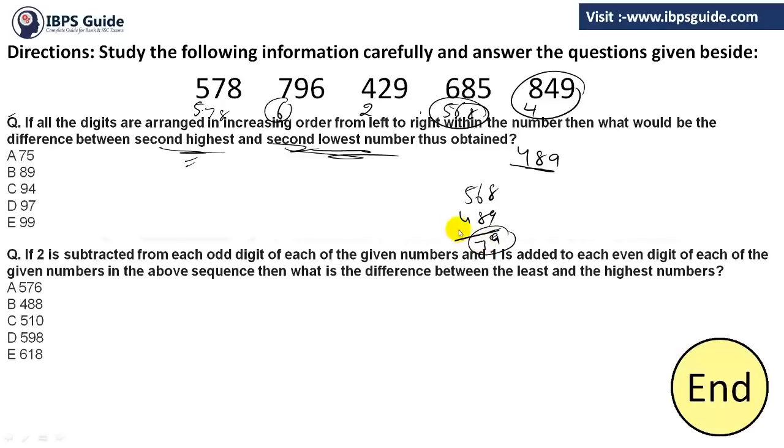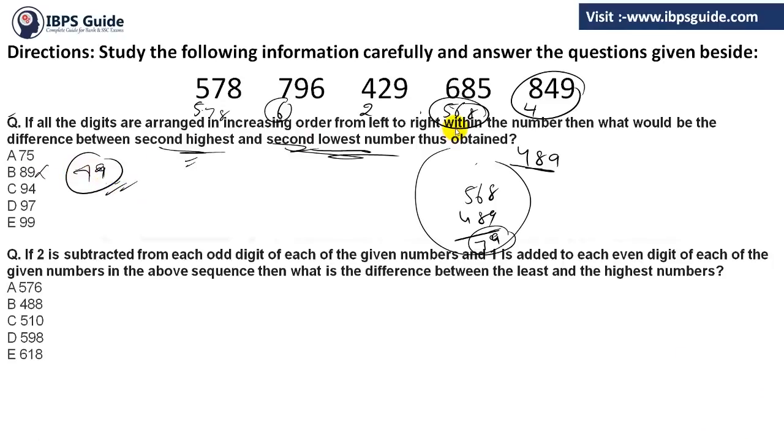Okay, so we have 79, but the option is not according to that. So I think the option is missing. But anyways, no problem. Clear? So you have to just try to solve it like this. The answer will be 79, not 89. Just change the option, it will be 79. Now let's see the second question. I am again giving you the 30-second timer for the second question.